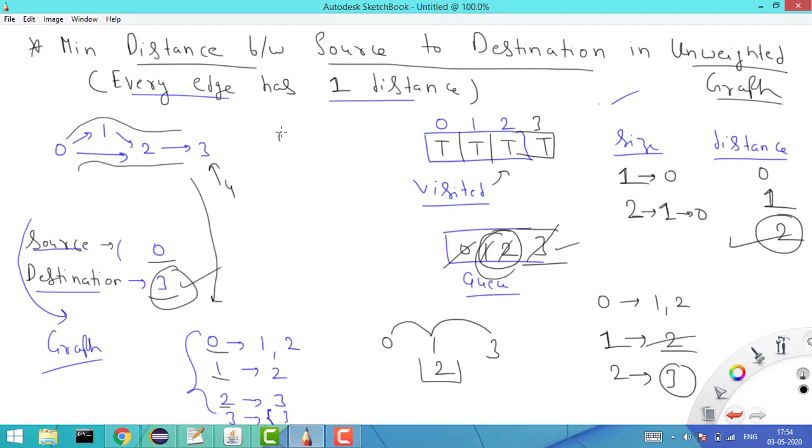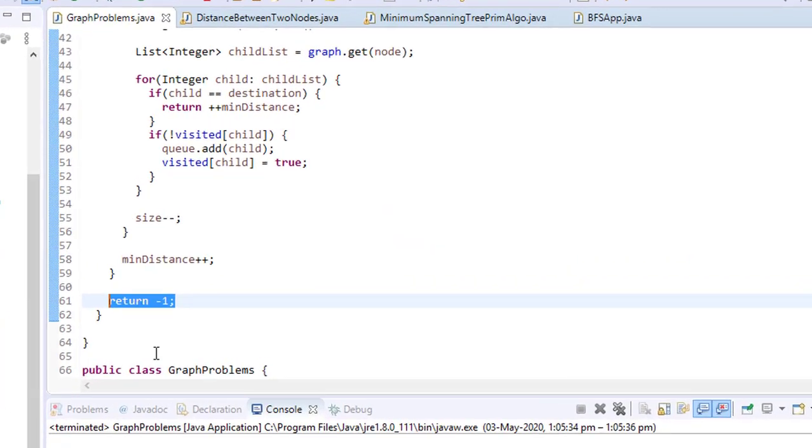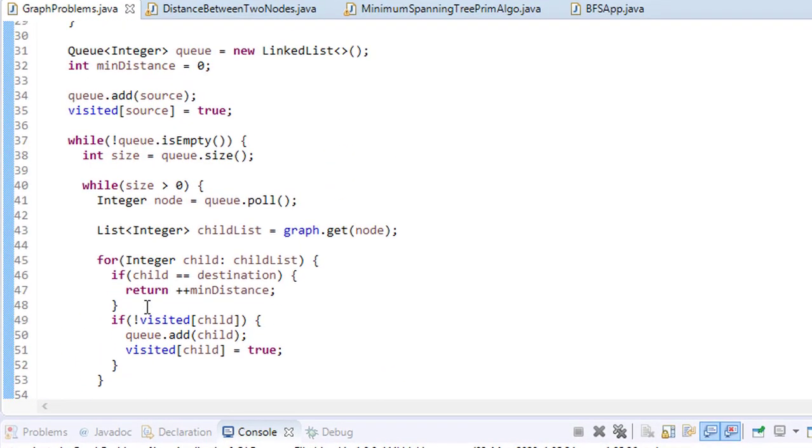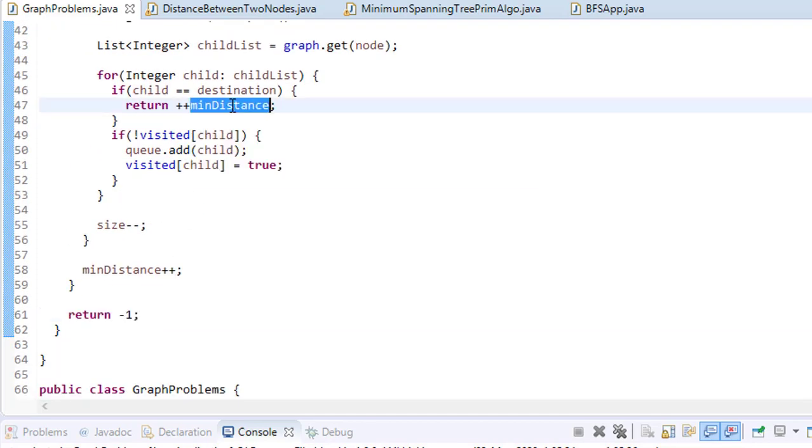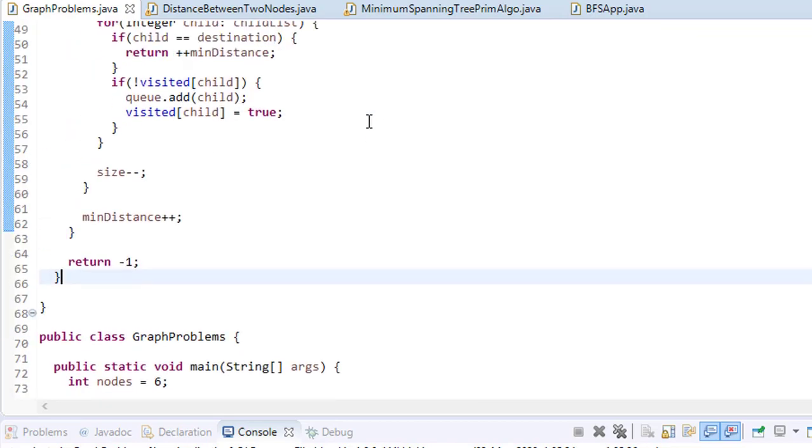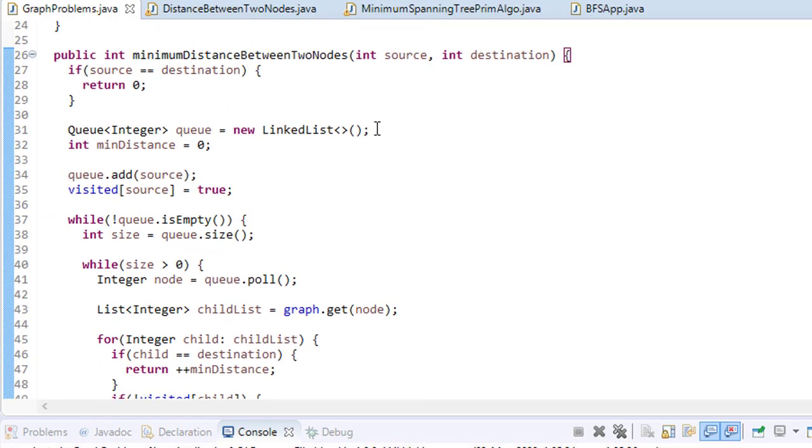Or let's say you can have a graph here. Let's say we have an undirected graph with 2 and here we have 3. Now this is not connected, and if your source is 0 and destination is 3, I cannot reach from 0 to 3 in this case also. So in both the cases, if I am not able to reach, I will return -1, right? This is a negative case. And at the last, we have already written the minimum distance here whenever I find the value. So this is how we can get the minimum distance between two nodes.